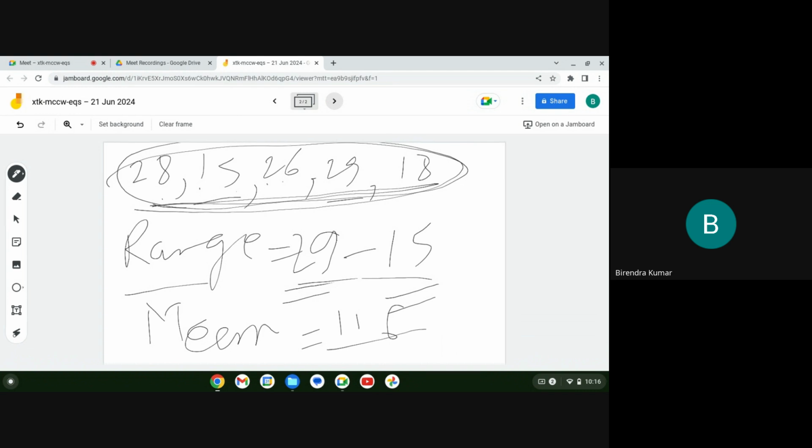And divide that by 5. This is what my mean is. So 5 to the 10, 1, 5 to the 15.2. This is my mean. So for no issues, we found the range, I mean, the highest minus the smallest is the range, and we found the mean. Now next thing comes is